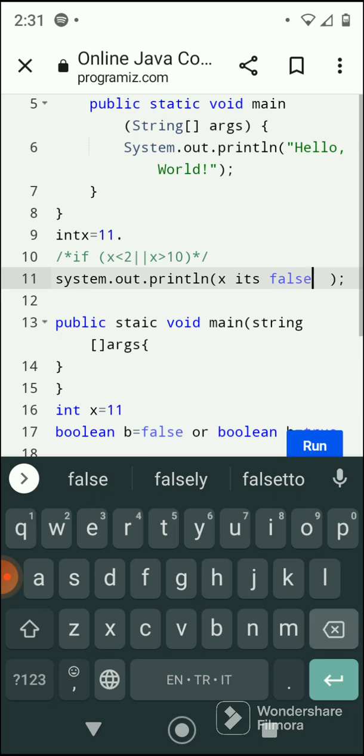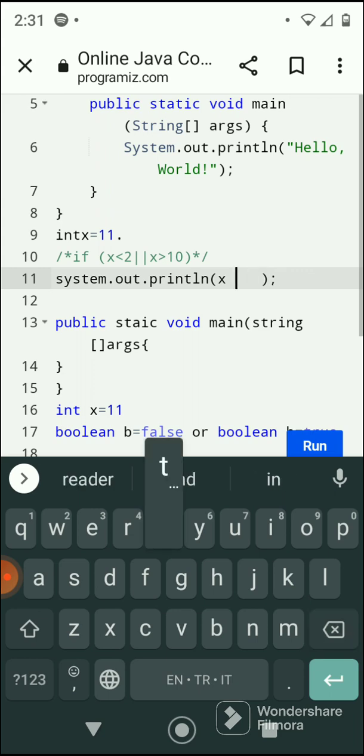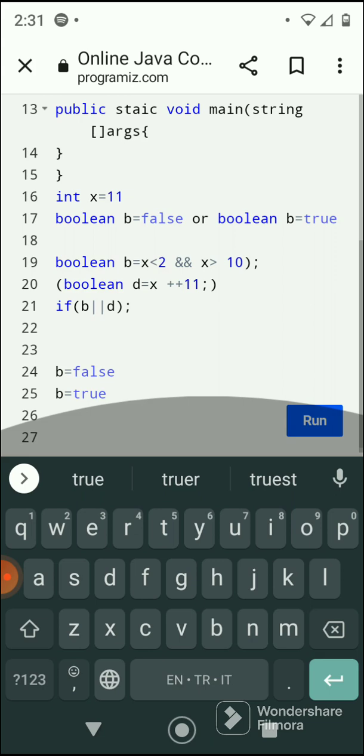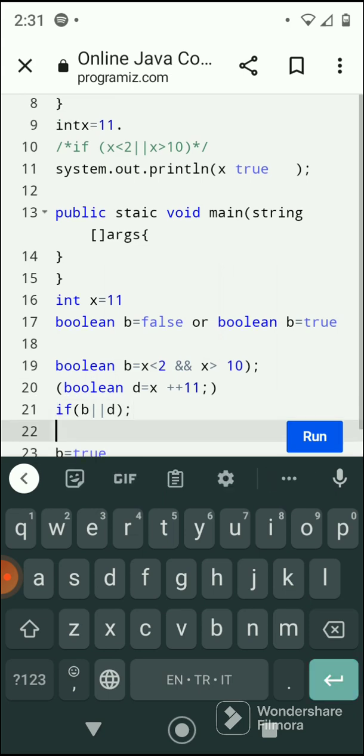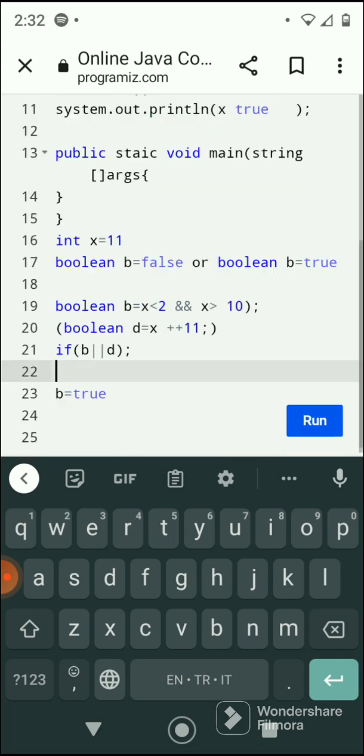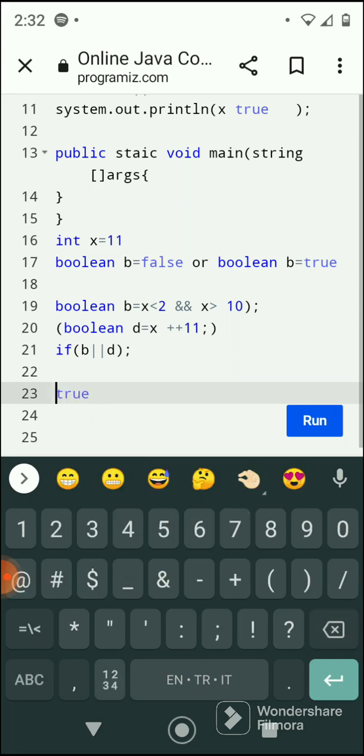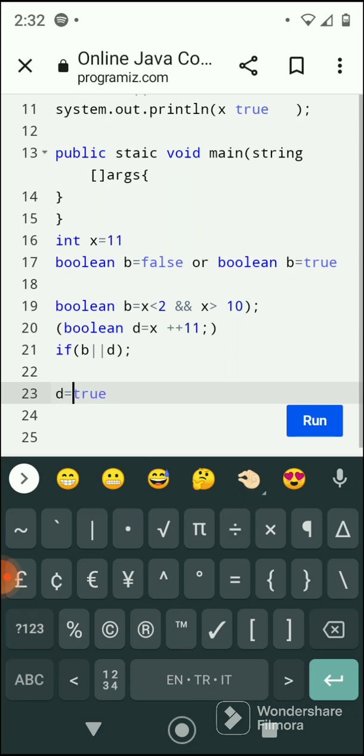If I write here x equal to true, the compiler answers B equal to true, right? But we write here, right, B is true. Sorry, D is true. Yeah, boolean D is true and